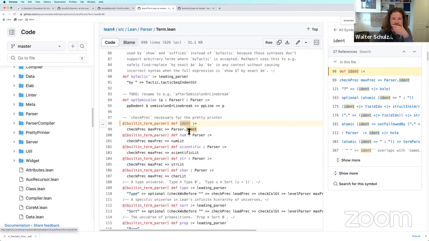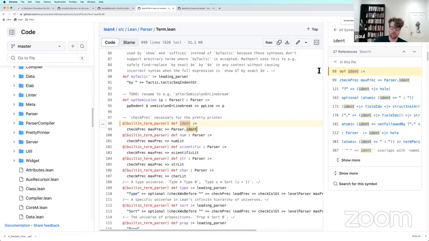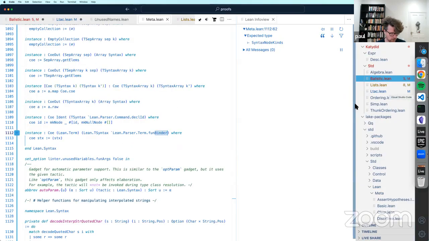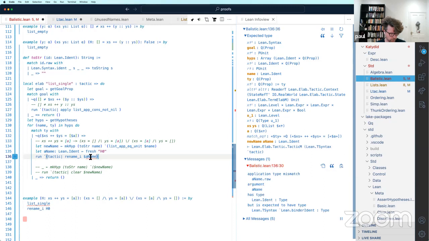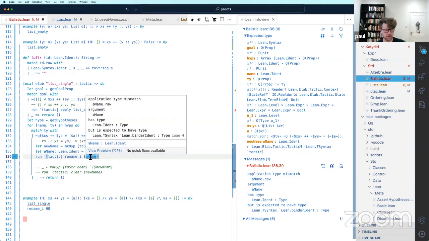Ident might be something else though. Yeah, it's this parser thing. Well, somehow when we pass an ident into the quoting library, it knows how it gets passed. Yeah, but this is the tactic parser.